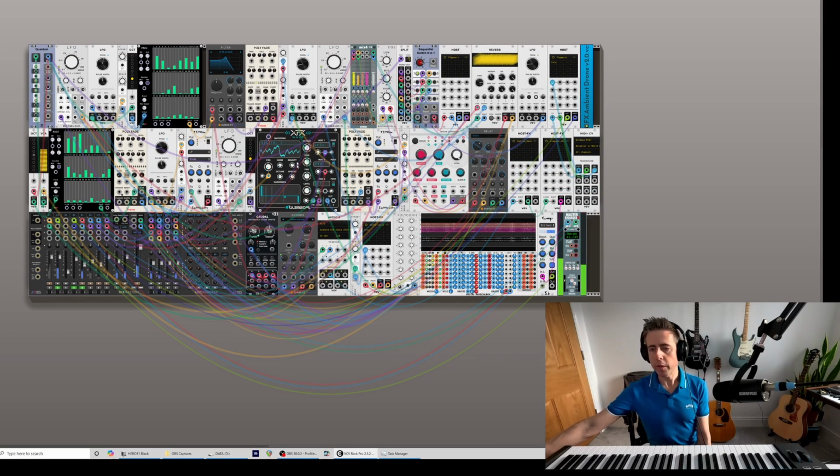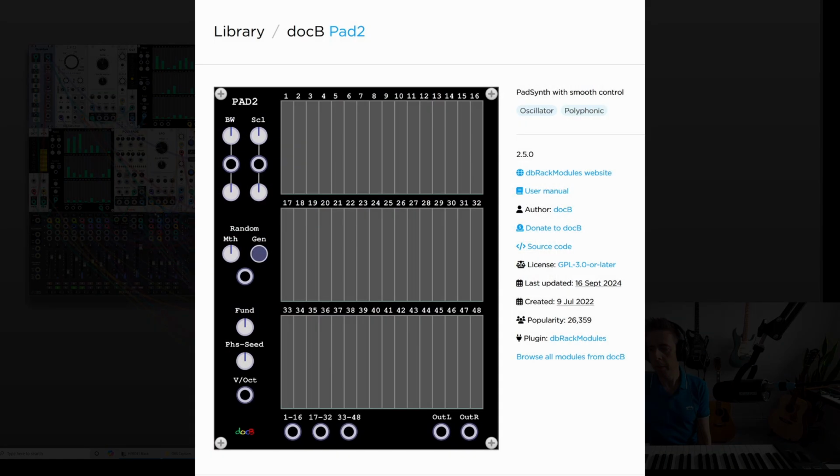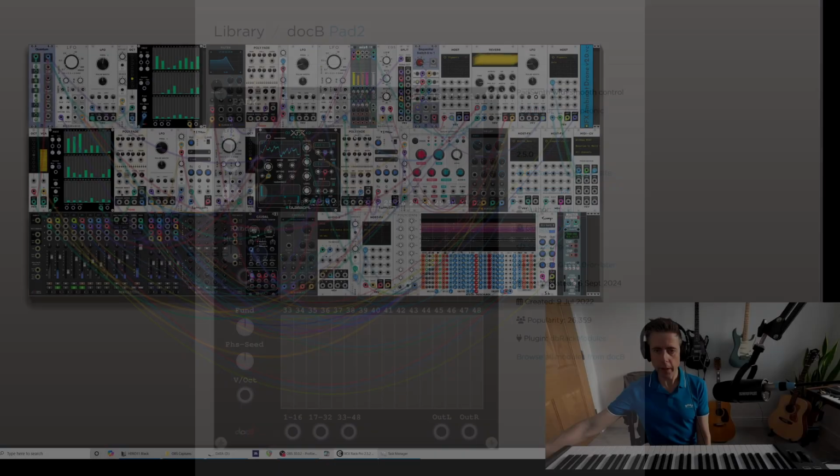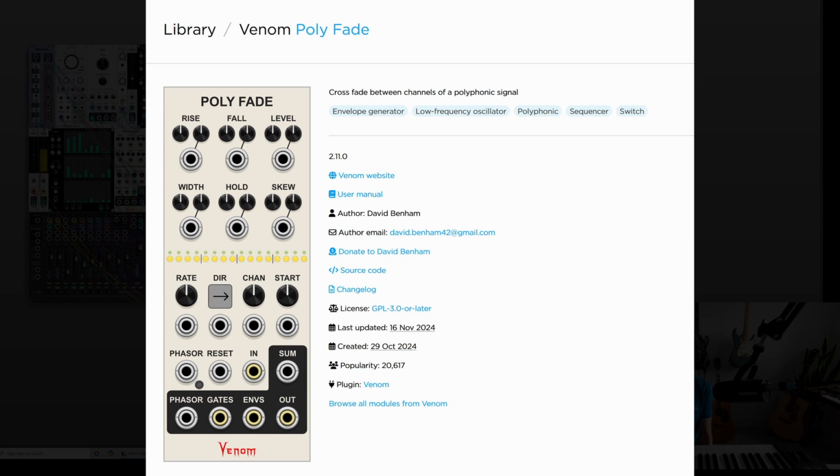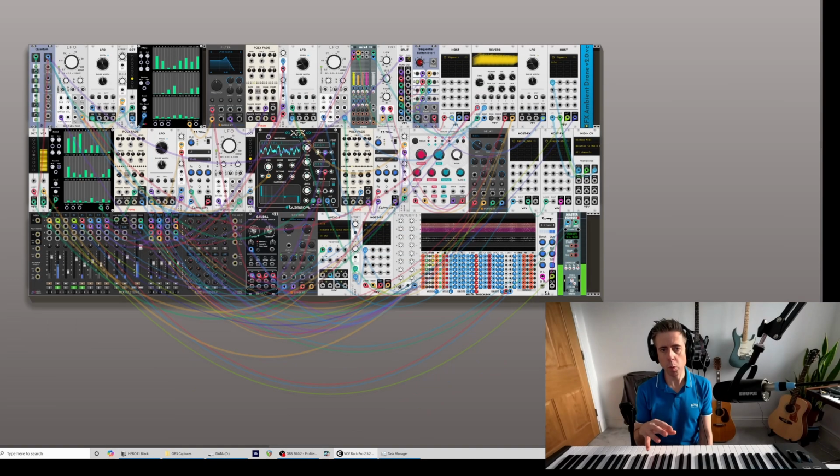So you've got one wavetable oscillator, and then you've got another 2 VCOs, which are these pad oscillators here, and each VCO is going into a module called Polyfade. And what that's doing is just fading through the channels. So I'm playing all the notes into the oscillators at once, and then it's just sounding one note at a time by filtering out the polyphony channels. The reason I did that, I'll just show you actually. If I duplicate this VCA,